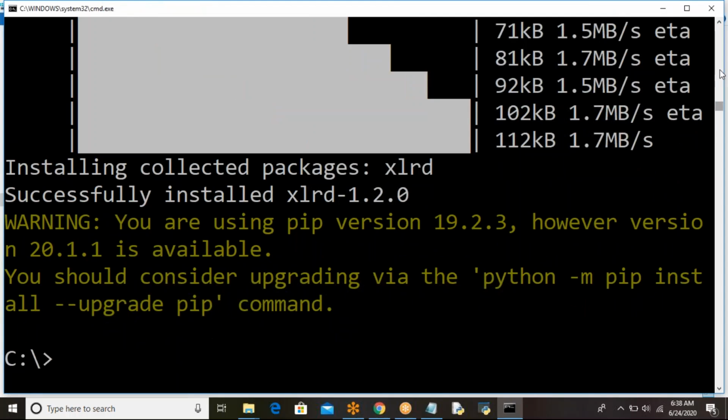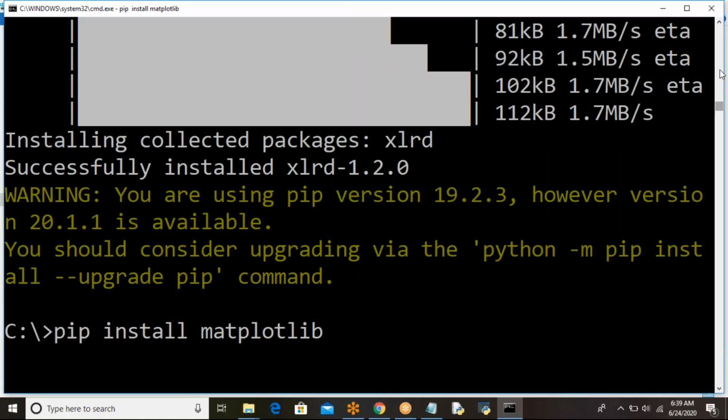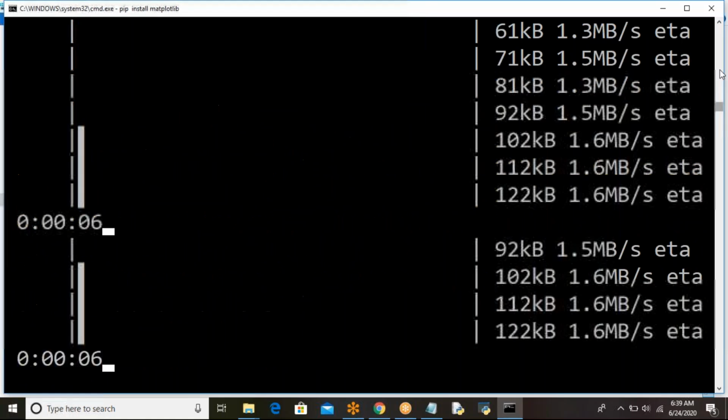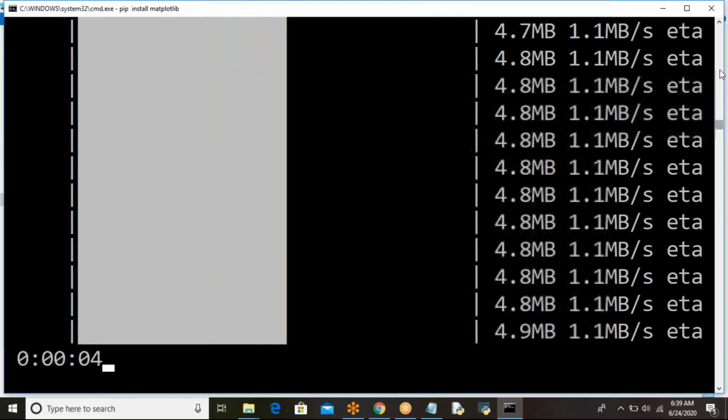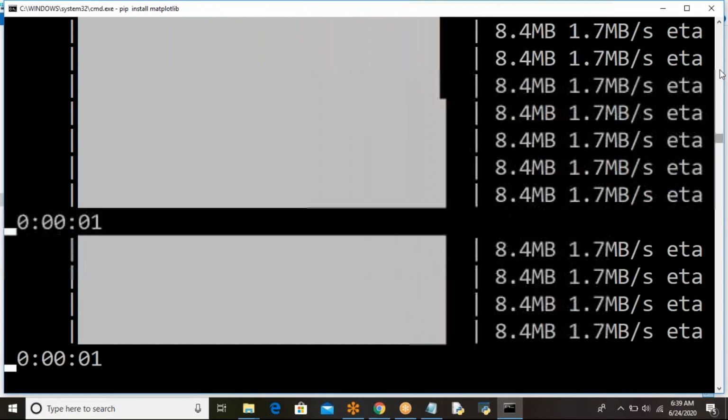So first we'll type the basic programs. Okay, done. Then next, last one, pip space install matplotlib. You know, it's for 2D graphics, to draw graphs like bar charts and pie charts. All these things we are going to do using matplotlib.